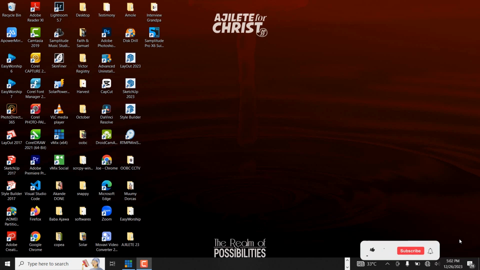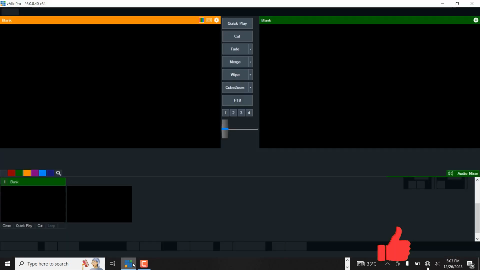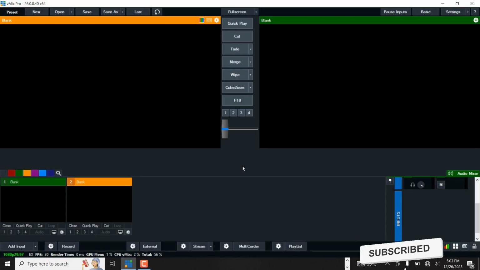I want to explain how to use shortcuts on the keyboard, both on your laptop or desktop, when using vMix. And this New Year season that is coming, at least you can practice it in your church. It's easy to use. All you need is to run your vMix, and thank God you can see these two